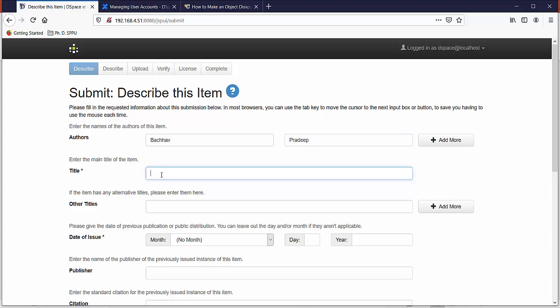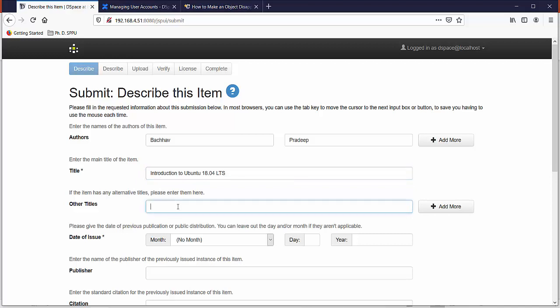Title: DSpace on Ubuntu install. We have entered the title.